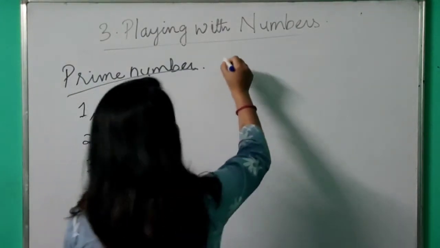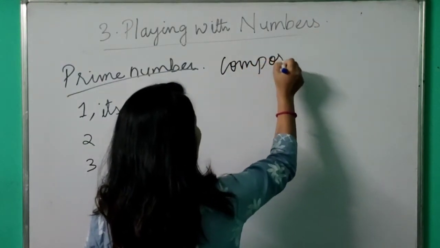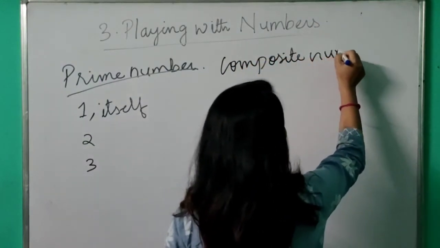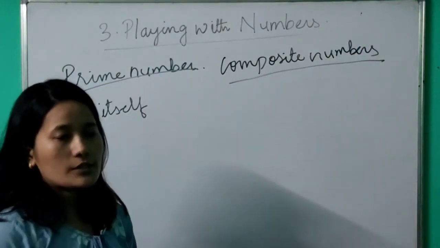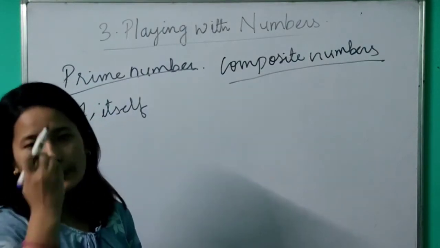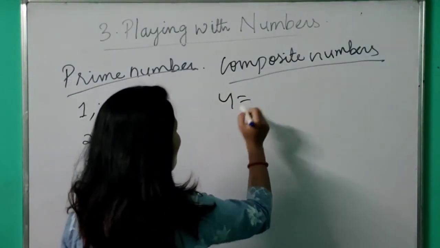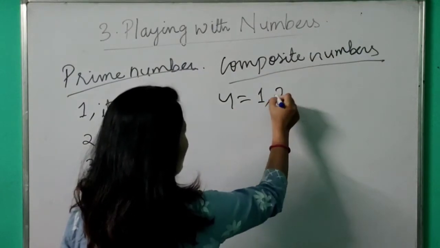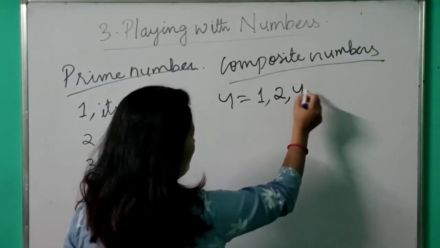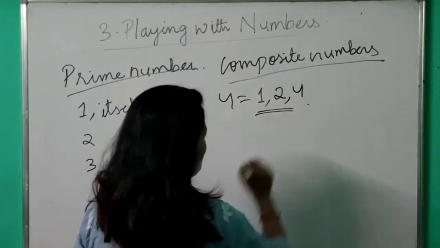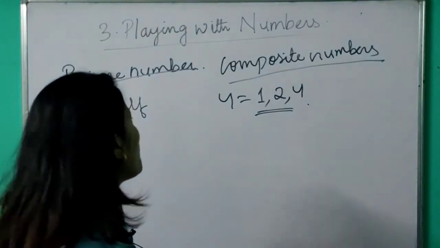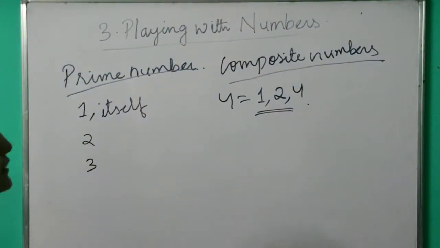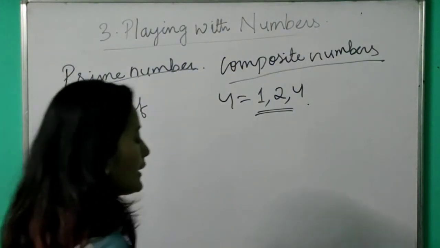Okay, now coming to composite number. Composite numbers are those numbers which can be divided by more than two numbers. That means other than itself, even another number can divide it. So 4 can be divided by 1, 4 can be divided by 2, 4 can be divided by 4 itself. So more than two numbers, you see. So it's referred to as a composite number. Okay, so I hope you understood this terminology, like what are factors, what are multiples, what is a prime number, what is a composite number.